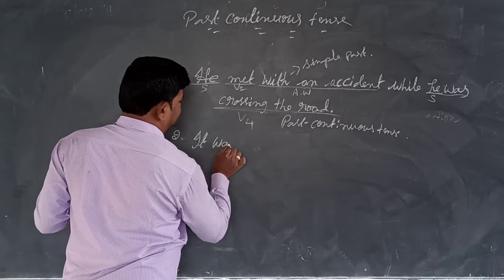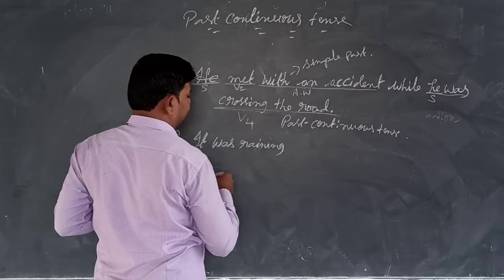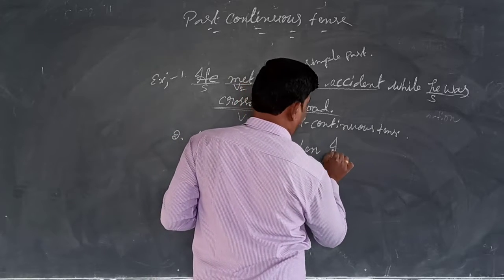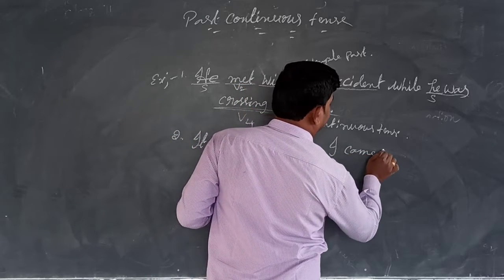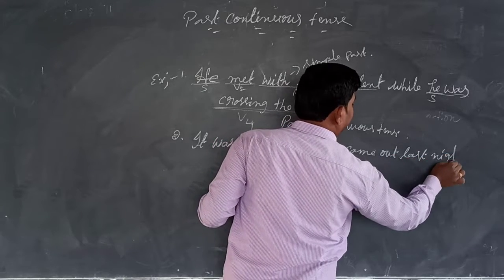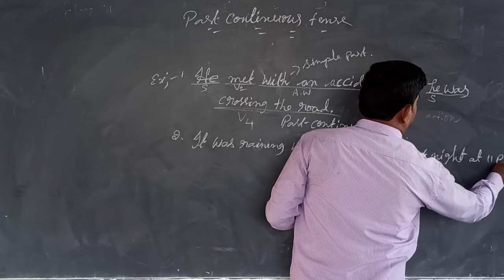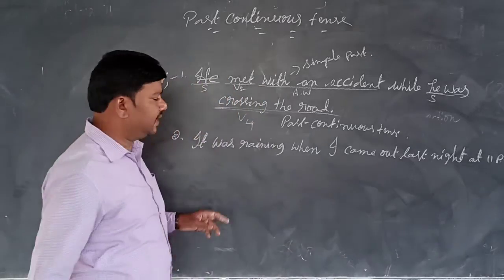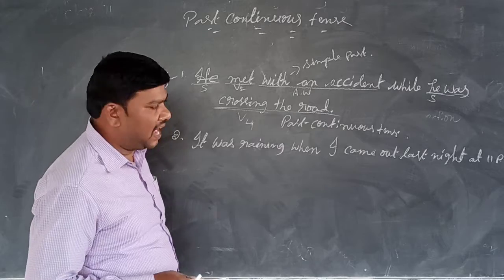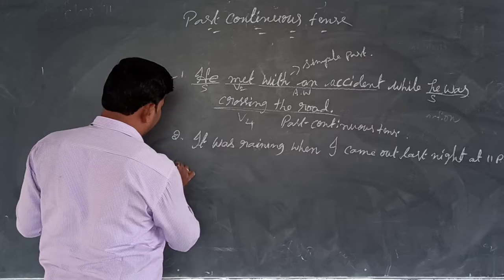It was raining when I came out last night at 11 p.m. So the second sentence is: it was raining when I came out last night at 11 p.m. And if you observe the third one,